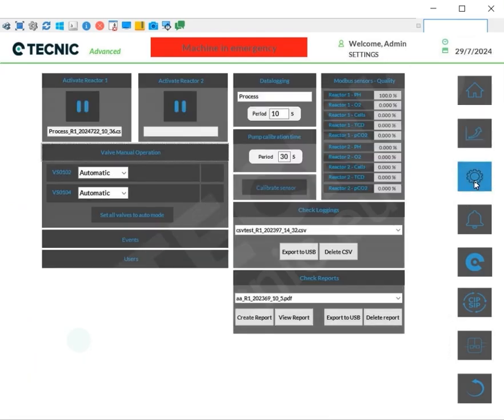Next, we have the configuration screen. It contains the entire configuration of the device. Here we can assess sensor quality, create profiles and users, visualize events, and export data of all processes in CSV